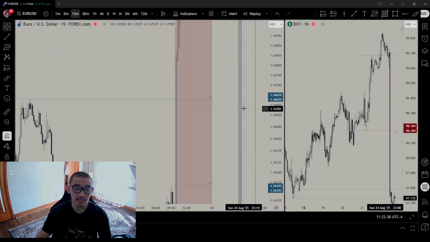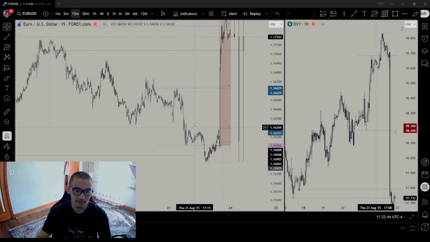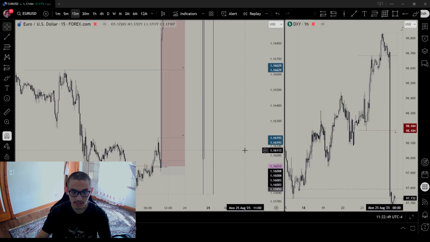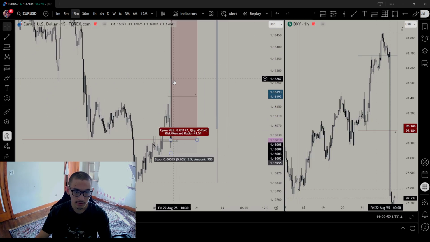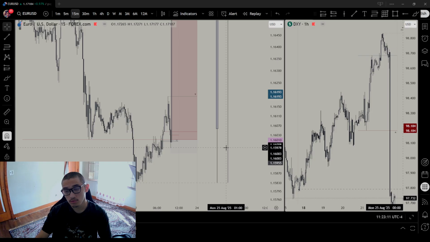I mean, even 5 million, 10 million is not that much, by the way. But when it gets to $5, $10 million, you are going to face a lot of commission and spread problems. So you need to think about the higher time frame and higher stop loss rather than looking at the lower time frame and having a very low stop loss. Because if you enter with a $10 million allocation, the spread's going to be crazy, right? The more size you have, the bigger the spread's going to be. So you're going to get hurt. So what do you need to do? You need to go to a higher time frame and have a wider stop loss.